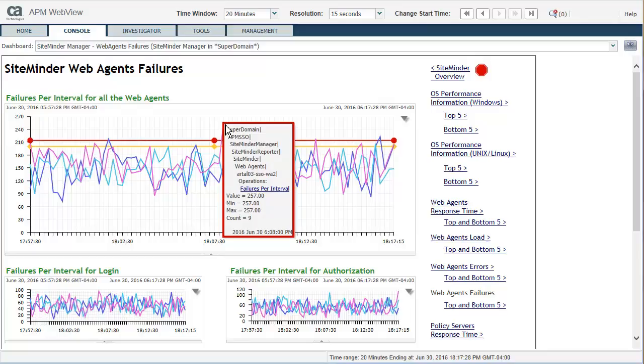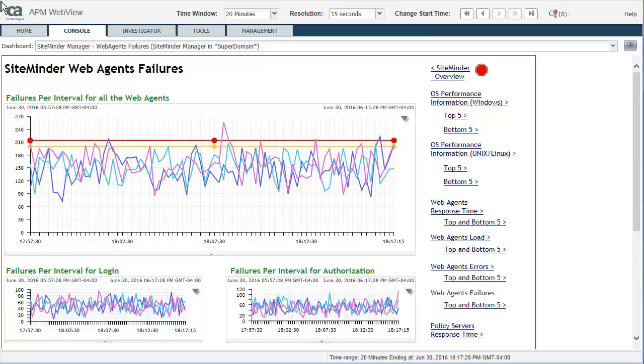The investigation tells him there are failures on the ARTAL03SS02A web agent server. James can see the aggregate data for failures per interval for login, authorization, and validation on the web agent during the time the user was unable to log in. Now that James has verified there are issues with the SSO web agent APM,